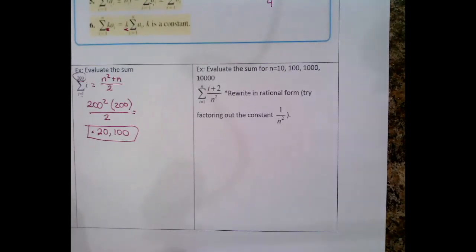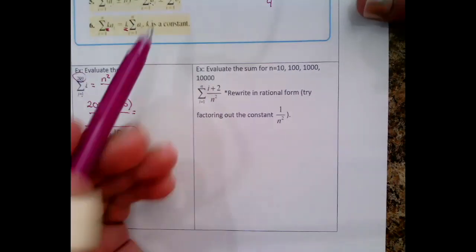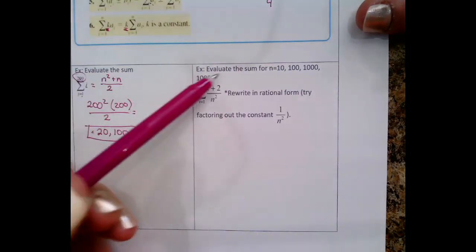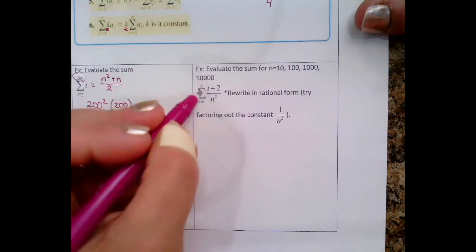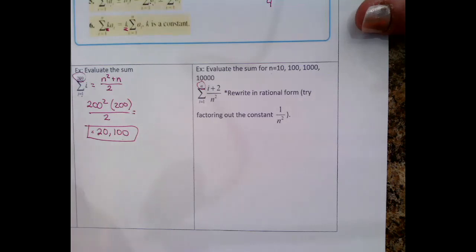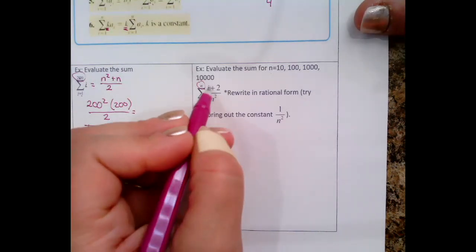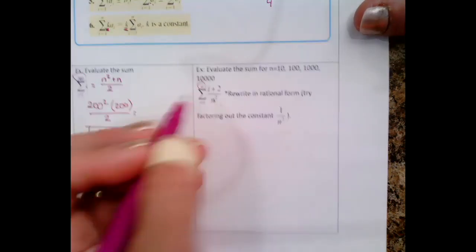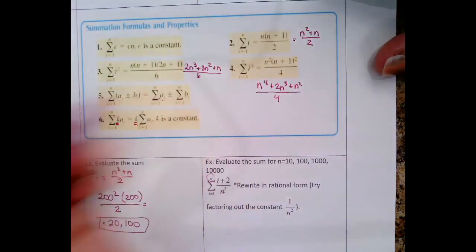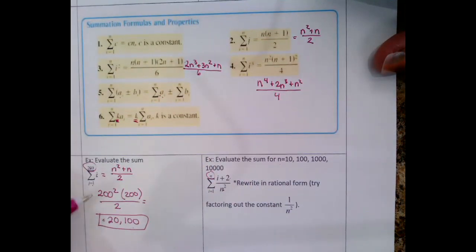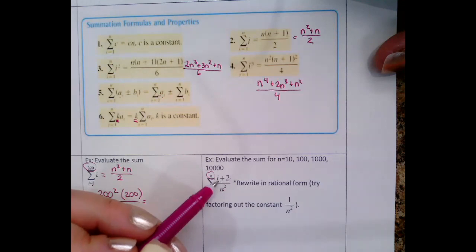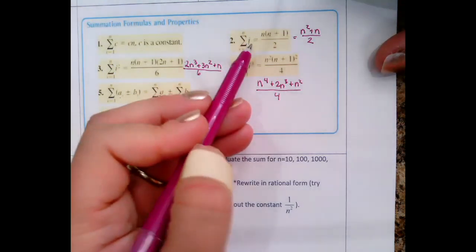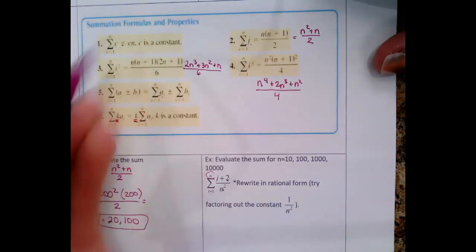And once again, this one's going to be long, so let's write it kind of small. So this says evaluate the sum for n equals 10, 100, 1,000, and 10,000. So that's going to change this number up here. But this right here says i plus 2 over n squared. Well, there is nothing up here that says i plus 2 over n squared. So we need to get it in a way that we can read it, and the way that we can work with it. So I know that I can do i plus a constant,